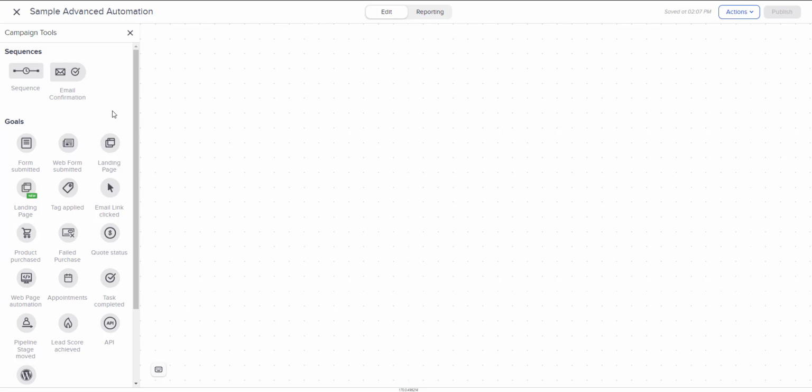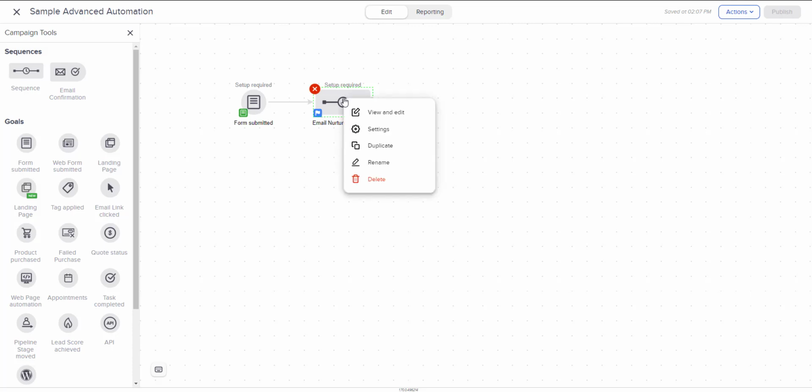So this is really just a series of triggers, sequences, and goals. And so basically, let's say we want to do the same thing. We want to, whenever a form is submitted, which is a goal, we're going to trigger this sequence. And so you can see this arrow. I'm going to click on it and then attach it over here to this untitled sequence. We'll call this email nurture sequence. Okay, so if we open that up,